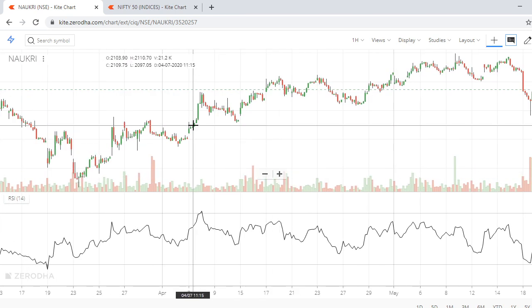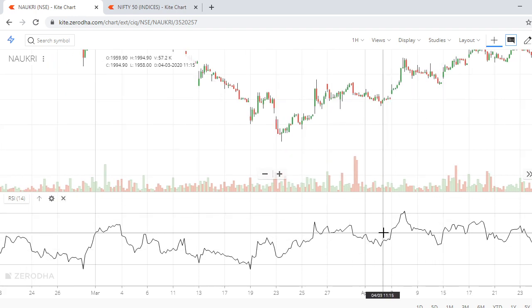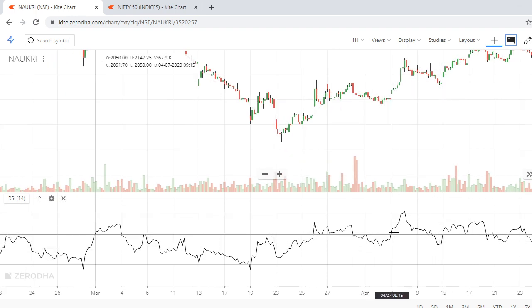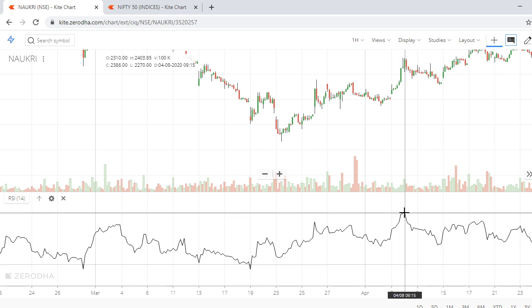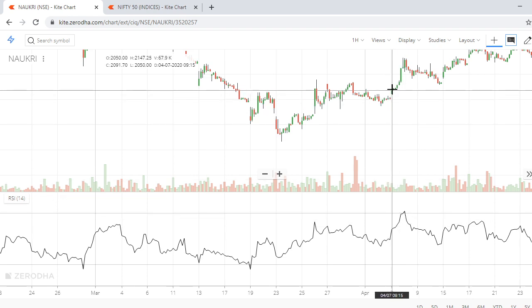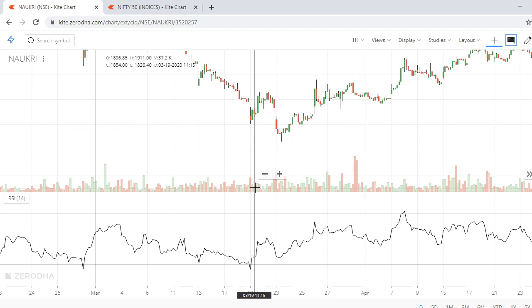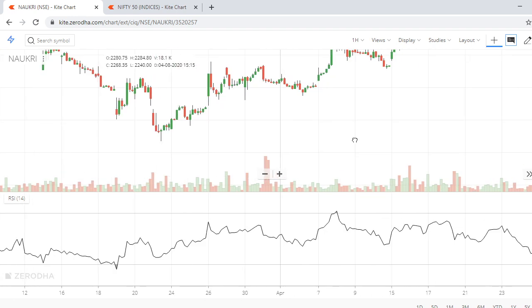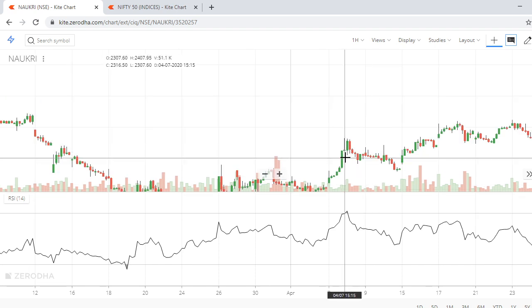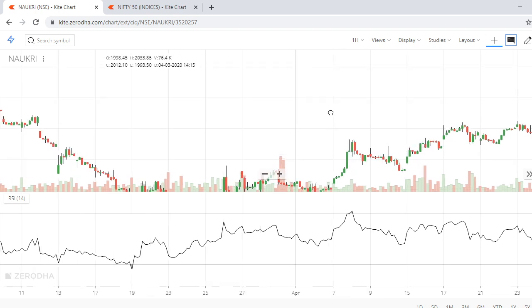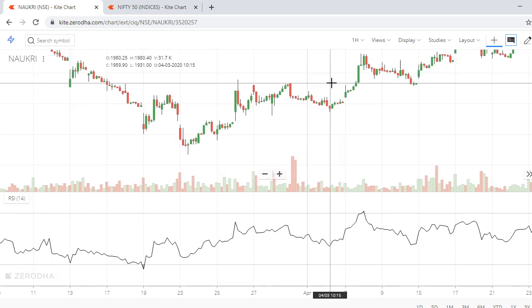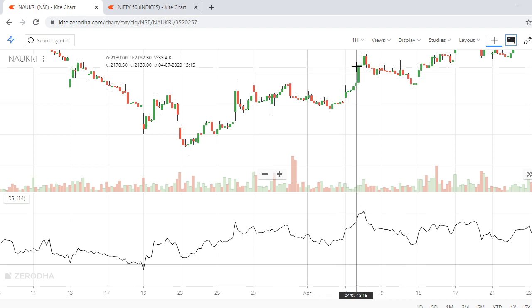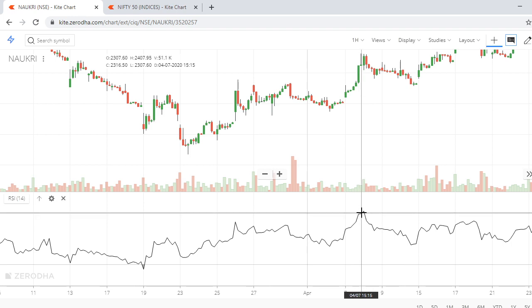Now look at this chart. Their RSI is going up, going up, going up, and entered into 80. At the same time the stock went up, went up, went up. Even your price action is telling there is a price rejection. But if somebody is waiting, looking at this, see, there is a breakout with a volume. So if somebody is thinking it is a good time to buy above this candle, look at this. RSI is almost close to 80 and it is telling no, it is not good to buy now.